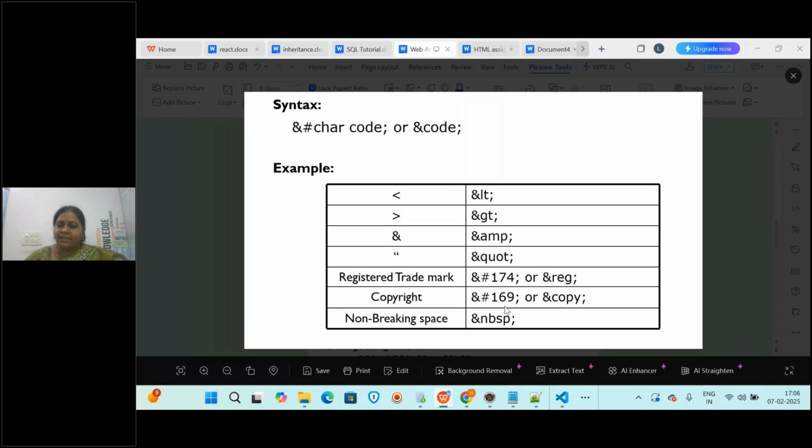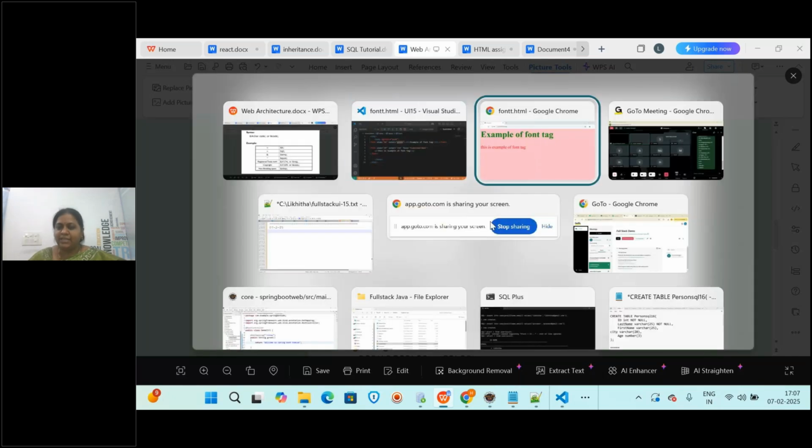To get the copyright symbol, you have to use ampersand copy. And for non-breaking space, I write ampersand NBSP. These are the special codes we have to display these symbols on the screen. Generally, if I write the symbol, it won't print, it will think it is a tag. But if you want to print it, you have to use ampersand LT or GT.